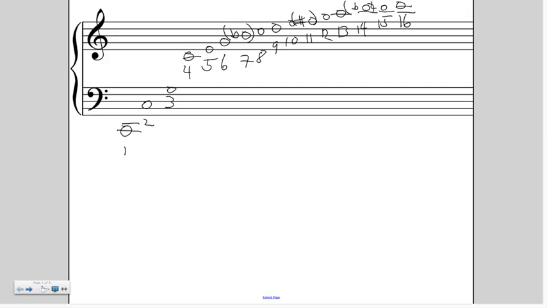So the 2-to-1 ratio gives us the octave, as we can see. The 3-to-1 ratio gives us the octave plus the fifth. If we talk about the relationship between the third and the second partial, that's a 3-to-2 ratio, which is another way of talking about what we call a perfect fifth. So a perfect fifth is the name for, mathematically, a 3-to-2 ratio.